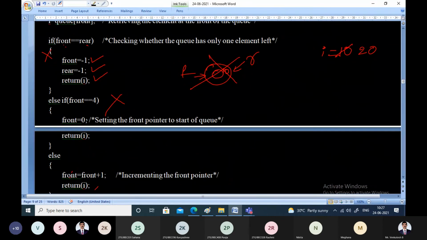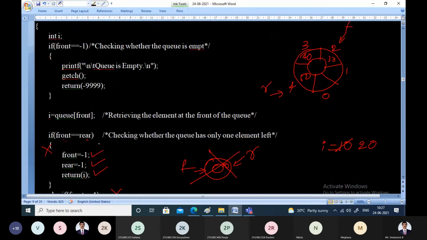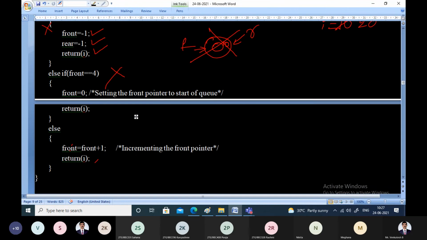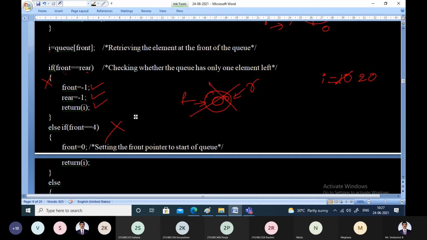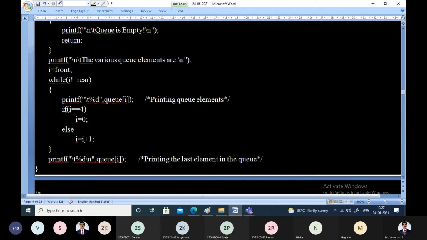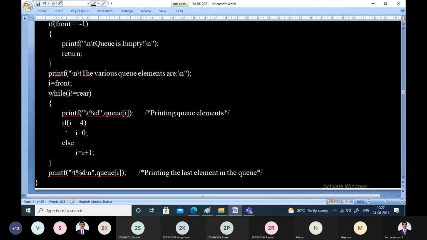Similarly, this code we have seen already. Front is pointing to -1. When you go on deleting all the elements, then only we can say that front is pointing to -1. And the display function is very similar to displaying all the elements of an array. But still for completeness, quickly I will explain the display function.